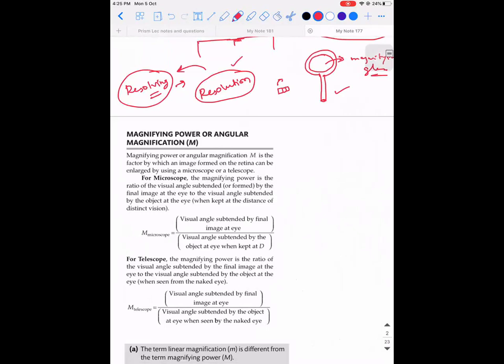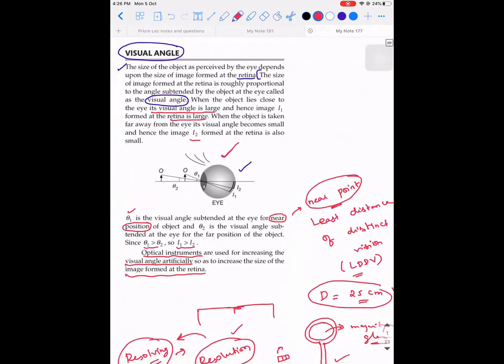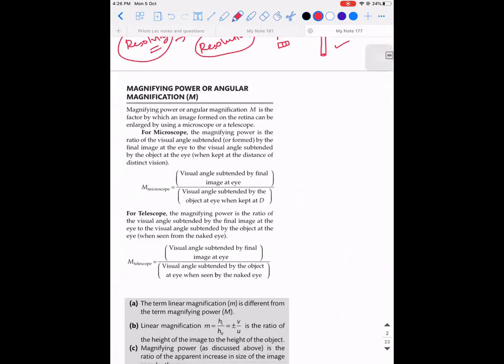In physics, we call it the resolving power of an optical instrument. That is how clearly you are able to see a particular object. Okay, these are all some general information. Shall I proceed? Okay. So as I told you, this visual angle is not there in the textbook. I hope you have understood. With that hope, I'm proceeding to the next concepts.